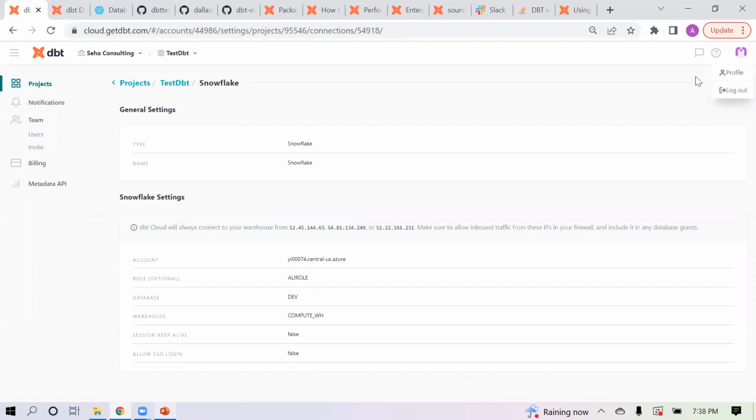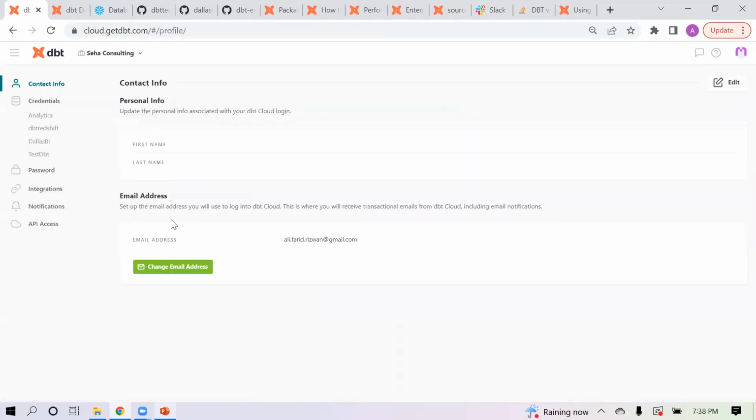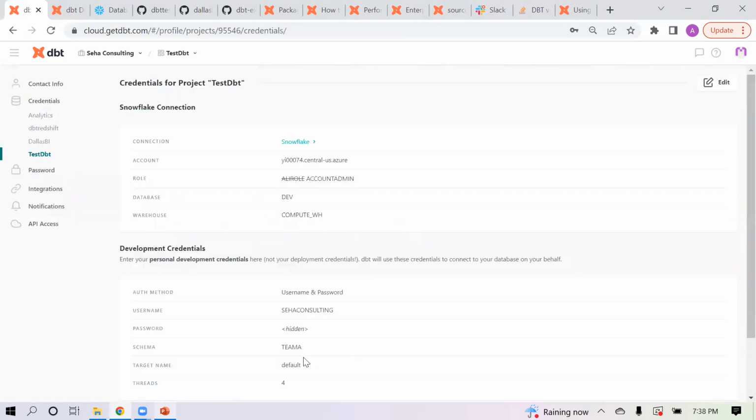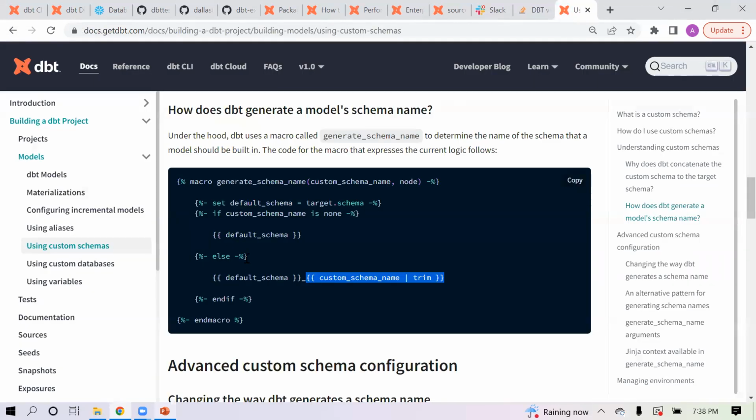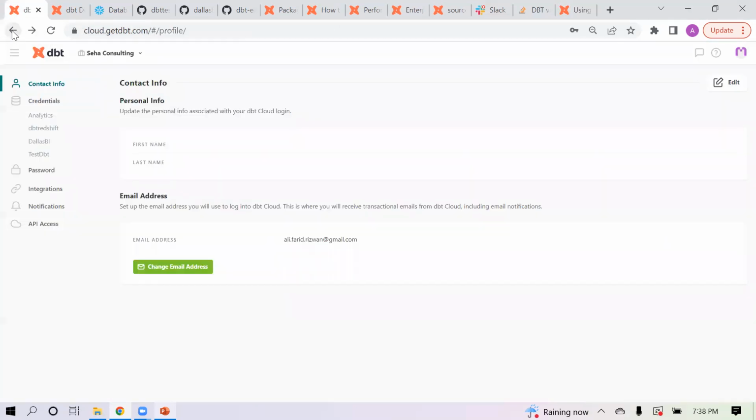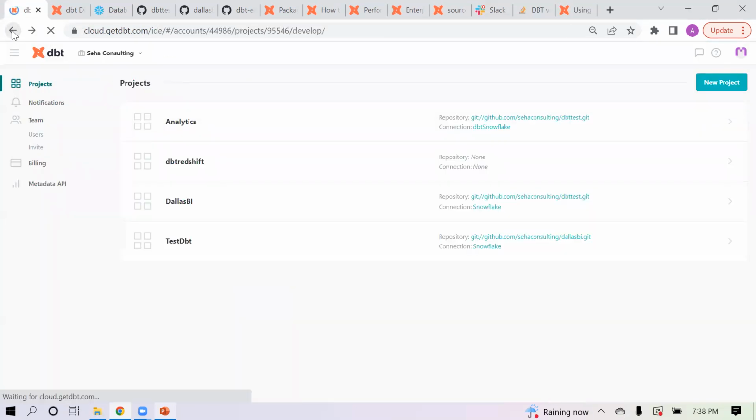We have to go here into the profile. The custom schema is team A, right? So if I run that dbt project out of the box, if I go back here,